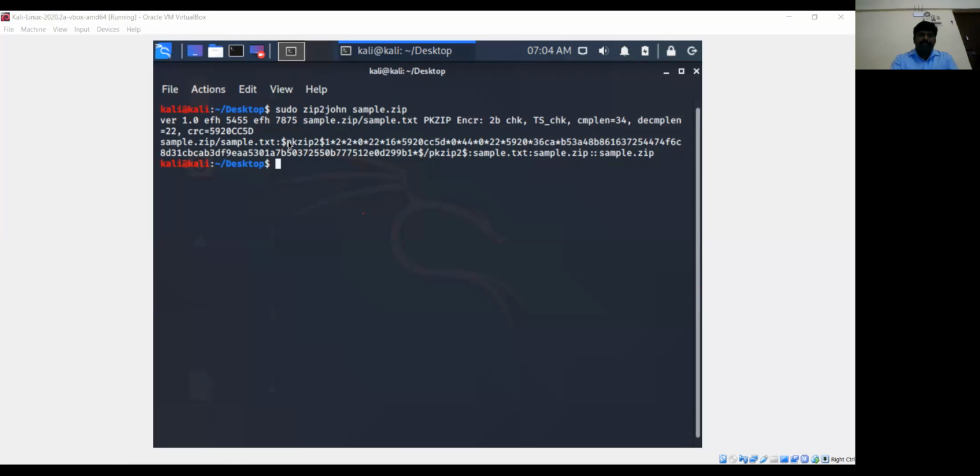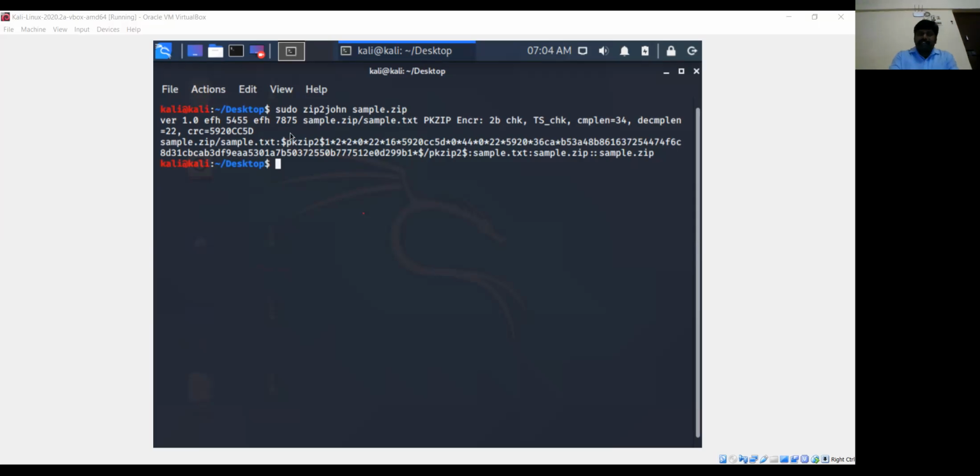Now, in the earlier tool, fcrackzip, we did not find any hash values. When you talk about a hash function, it is a public function which creates a fixed-length output from a variable-size input, right?